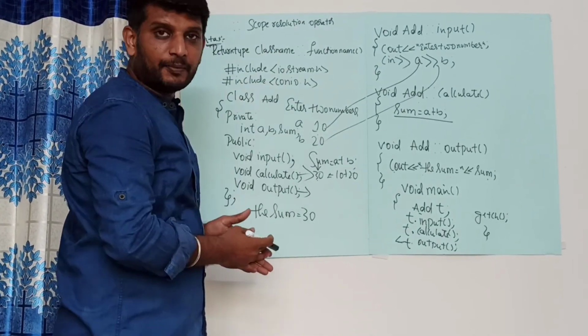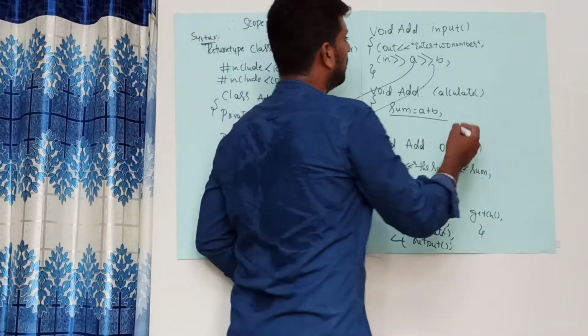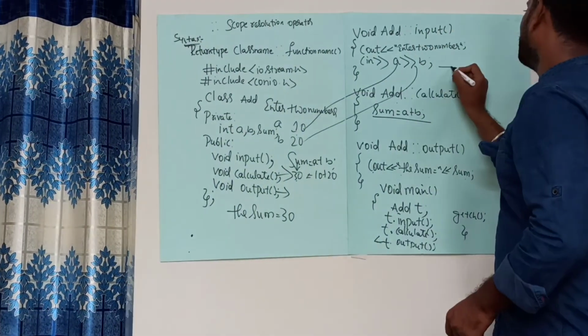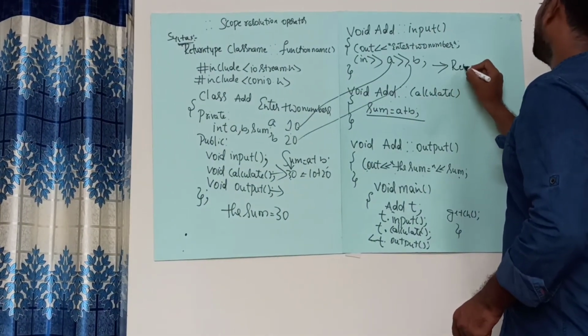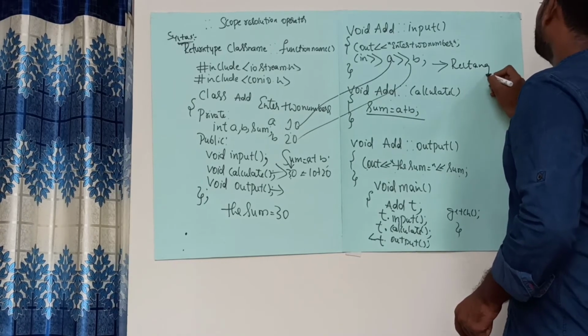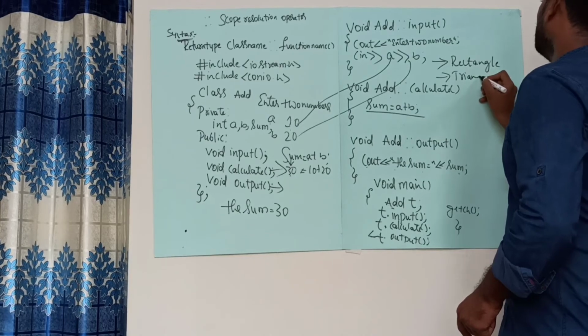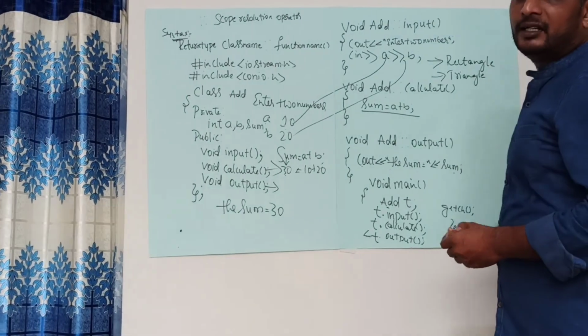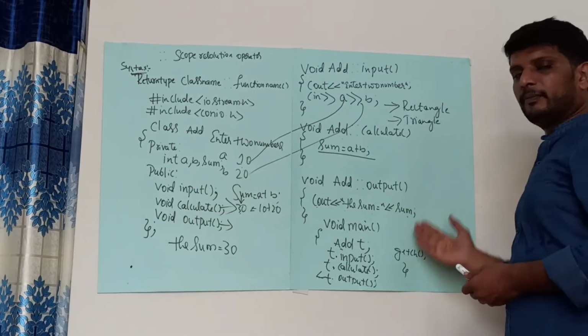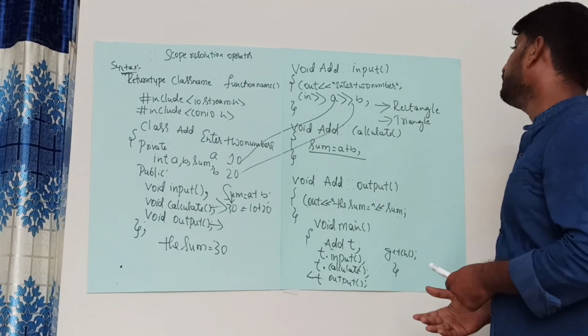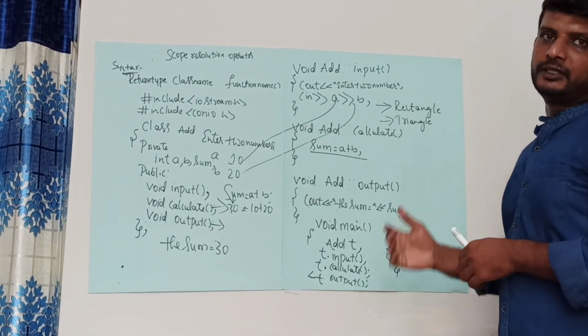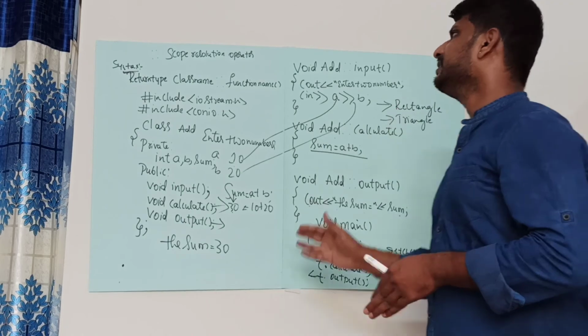By following the same procedure, you have to write two programs. One is to find the area of a rectangle and the other is to find the area of a triangle. You have to define both the member functions. In both the programs, you have to define the member function outside the class. Okay, so this is the topic.